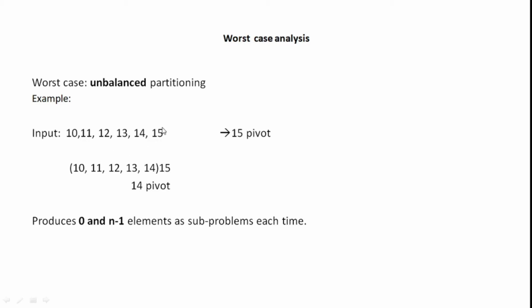Since 11 is lesser than 15, we'll increment the value of i, then i and j will be exchanged and will result in the same array. Then after 11 is done, increment the j pointer, and then 12 and 15 will be compared. Since 12 is lesser than 15, increment the value of i and exchange the values of i and j. It will give the same array. Again 13 will be compared, then 14. Since all of these are smaller than 15, 15 will remain at its same position.